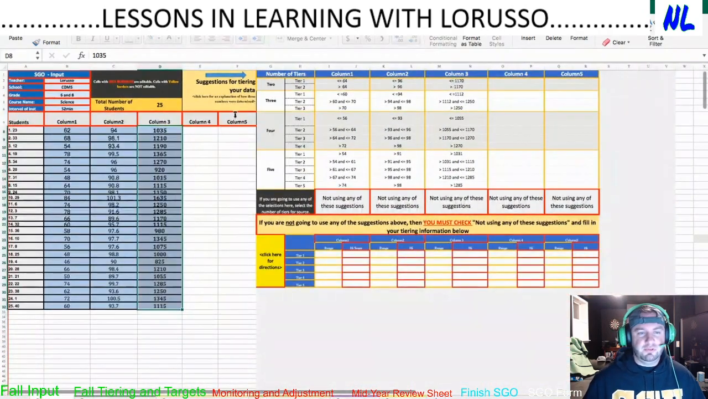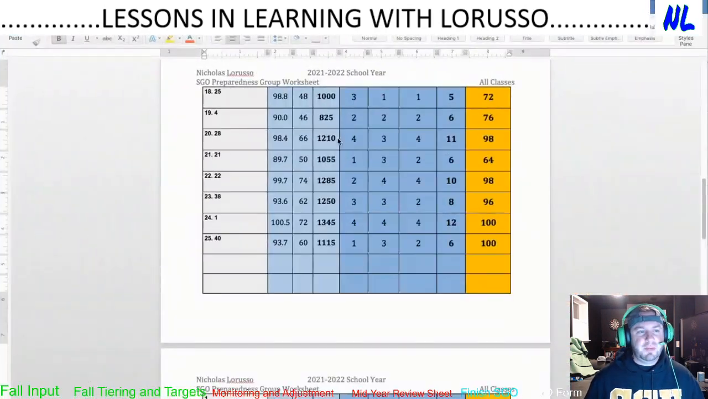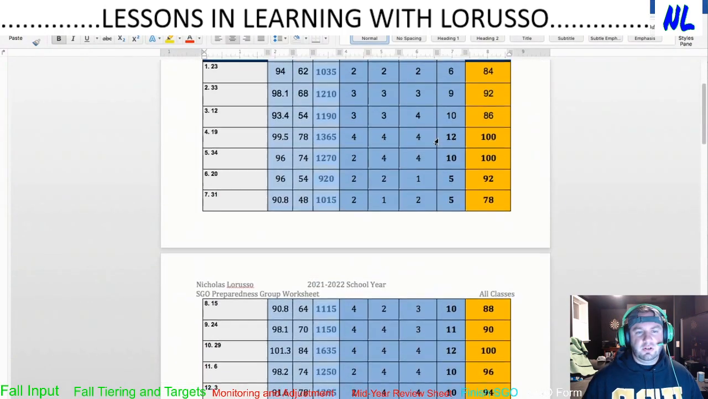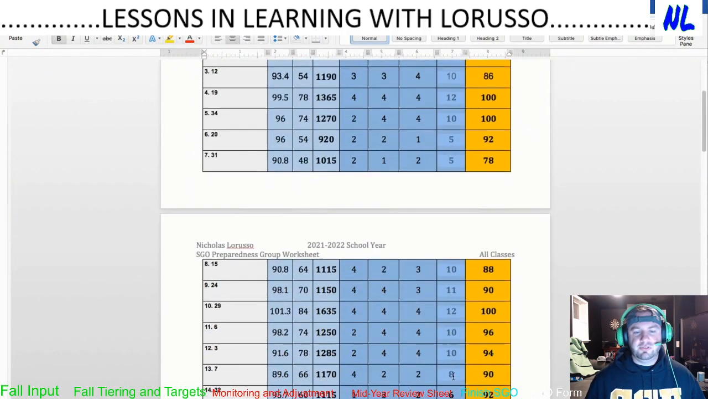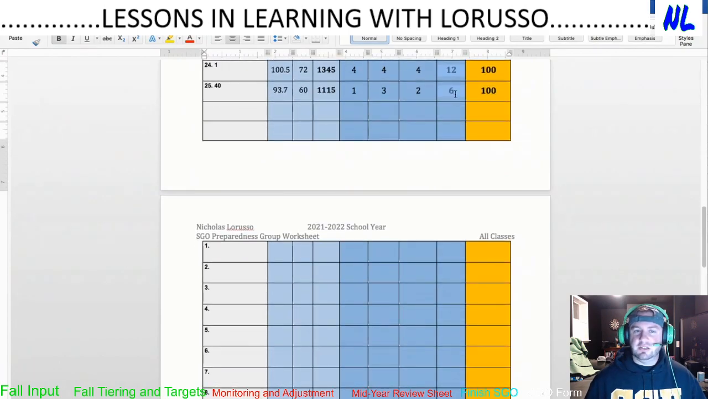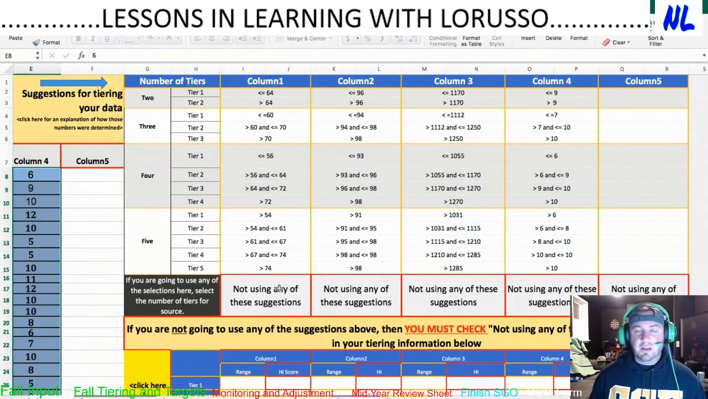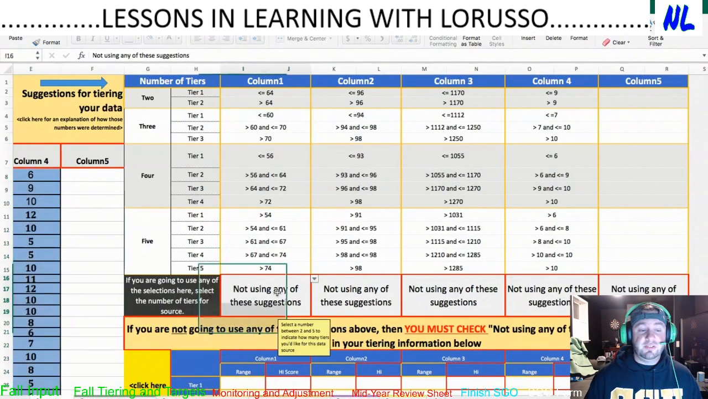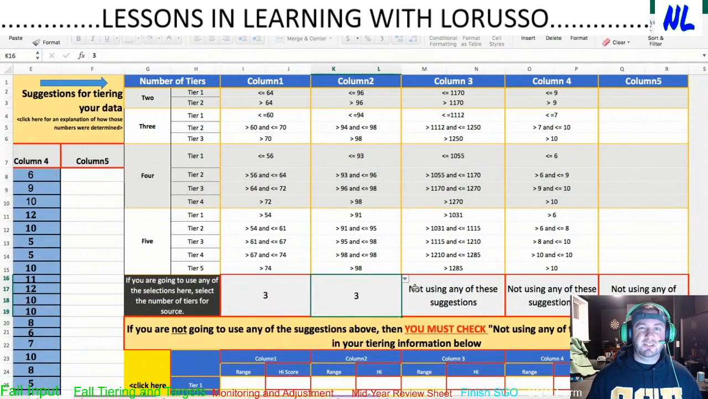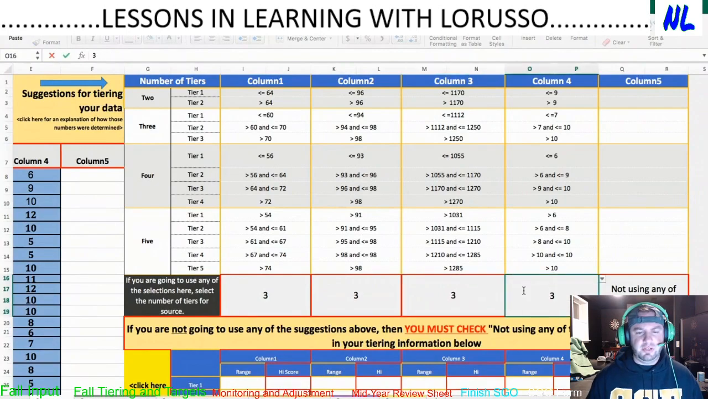tier 3 top students. And then column 4 is my last one, and these are going to be my markers of future success. So I'm going to grab those, copy, and paste. So now at the bottom here, if you're going to use any of these suggestions, all you're going to do is type in the number of tiers that you're using. So again, I'm using 3. So in each box, if I'm happy with the suggestions, which I highly recommend, you're going to put a 3 in each box to let the Excel sheet know that you are happy with those and that's what you're going